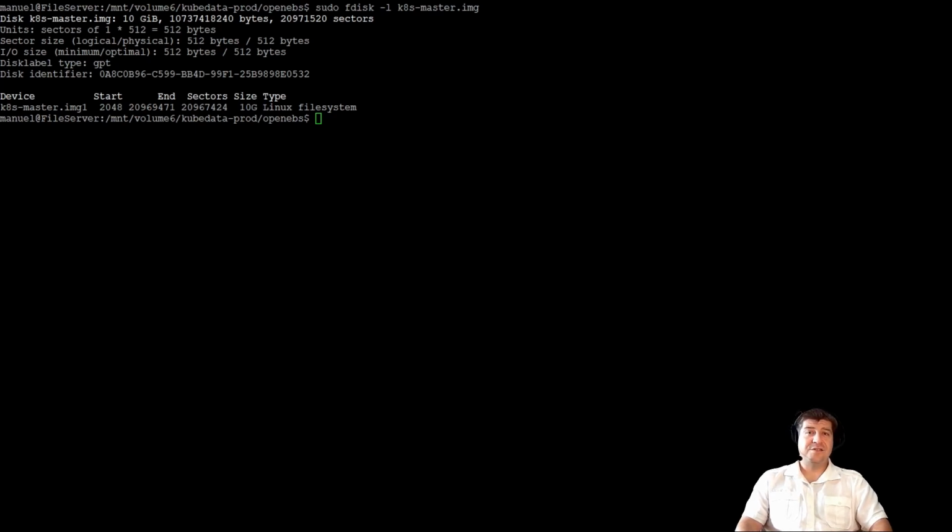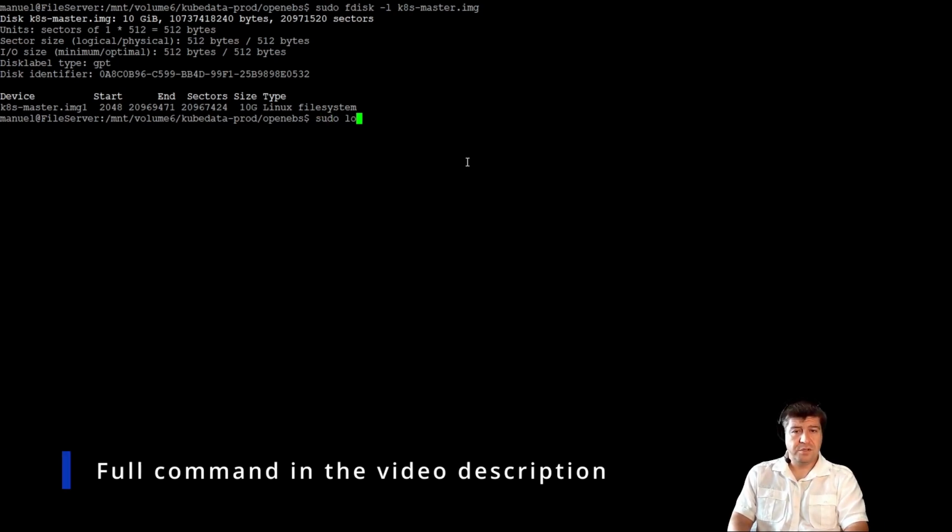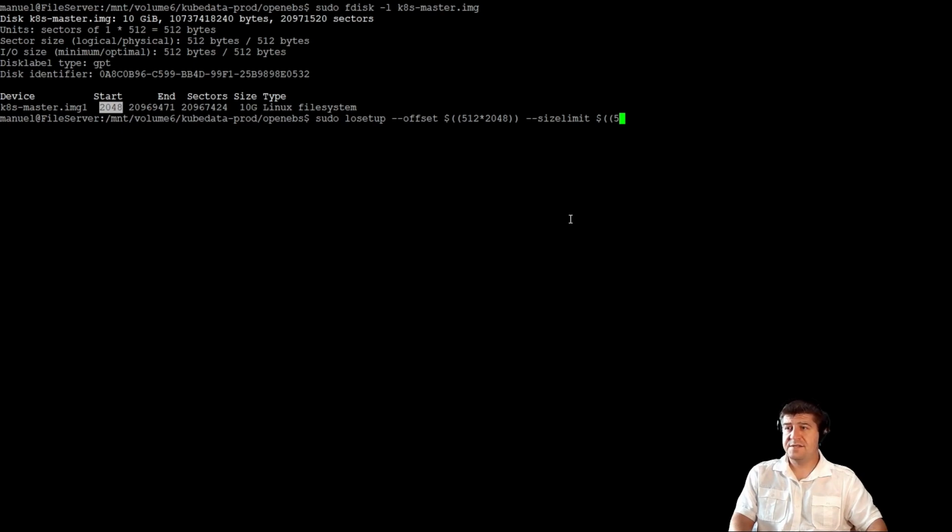As this image does not contain a file system yet, it is not simply possible to mount it on your existing file system. To get around this challenge, we have to use the following command: sudo losetup --offset. Then we let the system calculate from the byte size, which is 512, times the start sector, followed by --sizelimit, and this is another value that we let calculate by using the byte size times the number of sectors, 10737418240, followed by, we want to show everything, --find, and then the path, the absolute path where the image is stored,